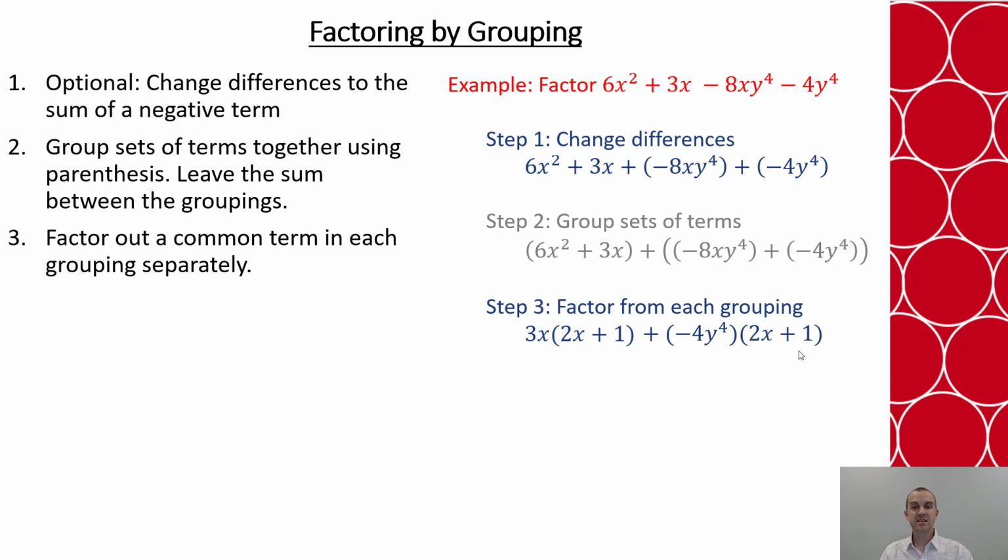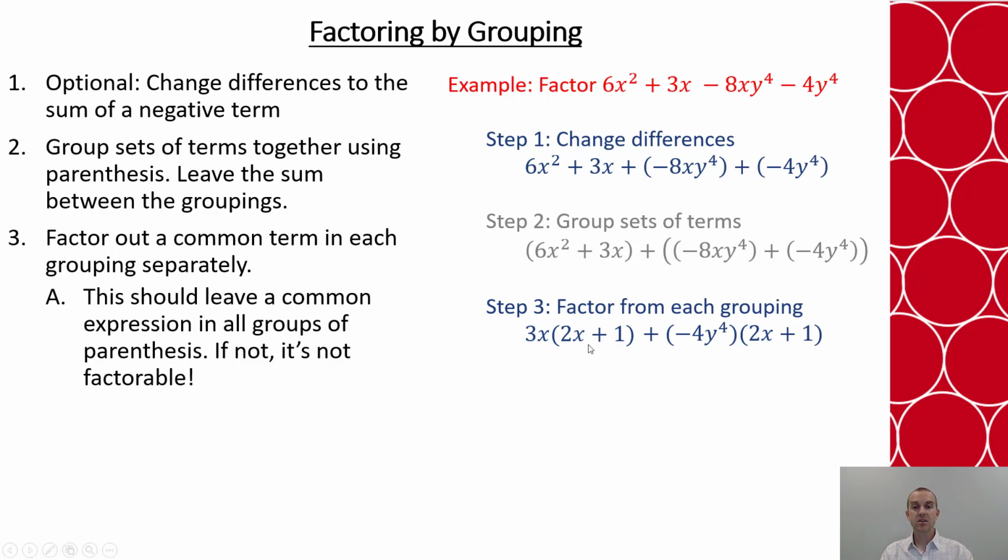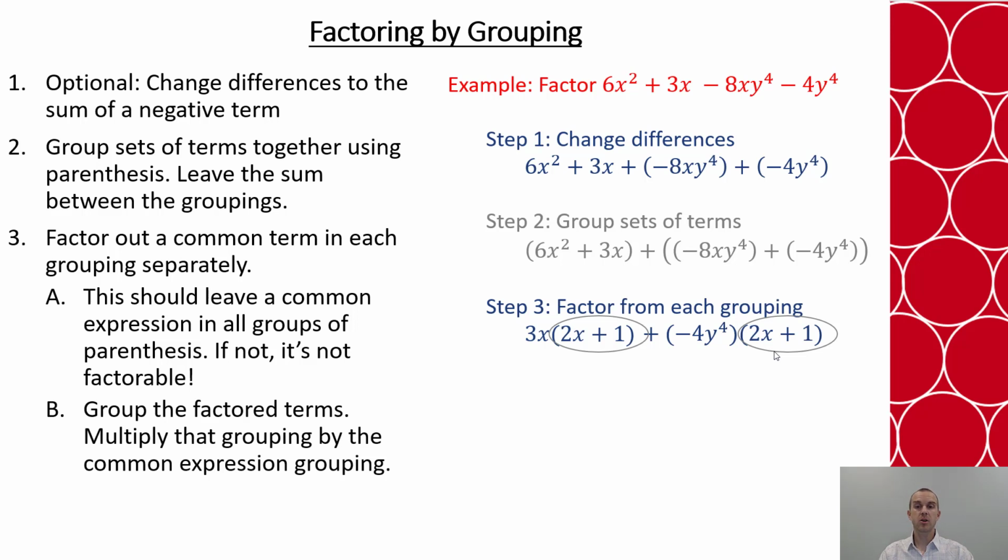What I want to see is that when I get the grouping, there is a common expression left inside the factors. If not, I'm done. I can't do anything. But in this case, I do have a common grouping, which is the 2x plus 1. So my final thing I do is group the factored terms together and multiply that by that common expression. So my factored terms are 3x plus negative 4y to the fourth, and then the common is 2x